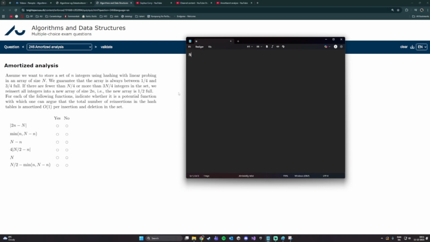Okay, so we have an array of size n, and it's always between 1/4 full and 3/4 full. And if there are fewer than n times a fourth, so a fourth of n, or more than 3n divided by 4 integers in the set, in order to make sure that it's always between 1/4 and 3/4 full, we reinsert them all into a new array of size 2n, where small n is the amount of integers. Okay, a little bit confusing, but